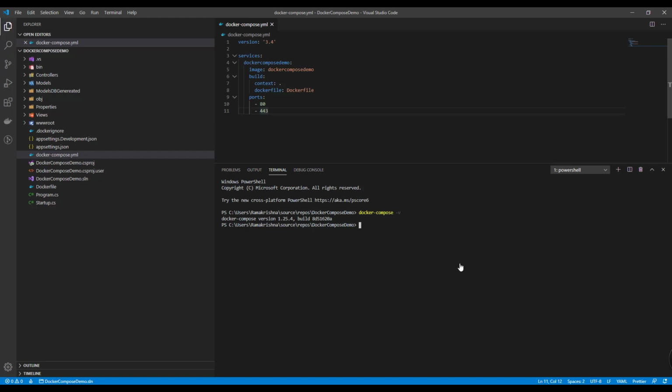It basically generated a service for our project, Docker Compose demo, and it gave a name, referring to the Dockerfile path in the same directory, and it also gave the port for this. Now let us alter this Docker Compose file to accommodate our SQL Server Docker image also.